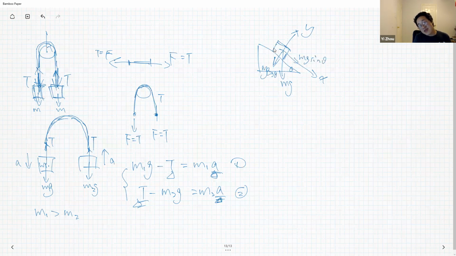So if you study this object, if there's no friction on the slope, you'll see there's only two forces, gravity and the normal force. Then the y component of the gravity will cancel the normal force. So the normal force will be mg cosine theta because they cancel each other. And in the x direction, we'll have the force of mg sine theta, which gives us acceleration along the x-axis of g sine theta. All right, so I'll stop here.